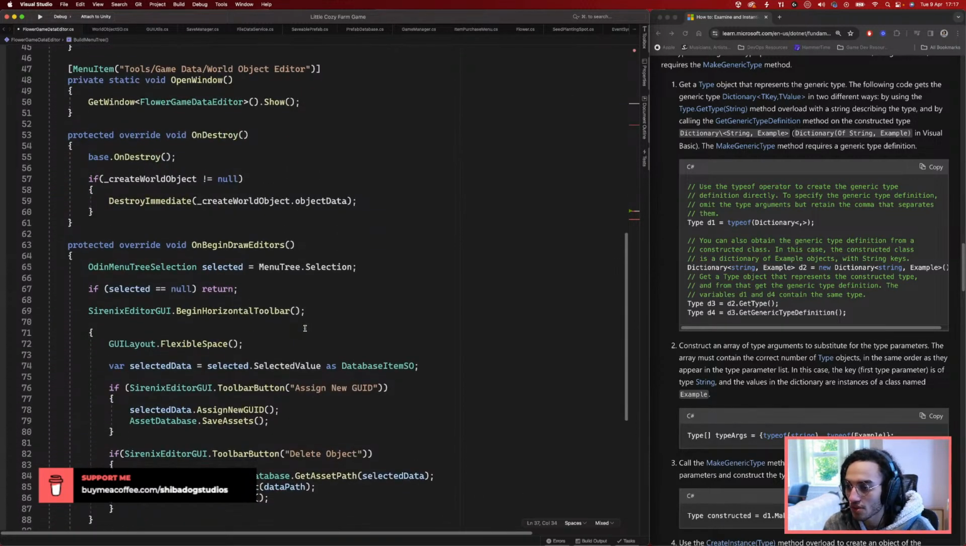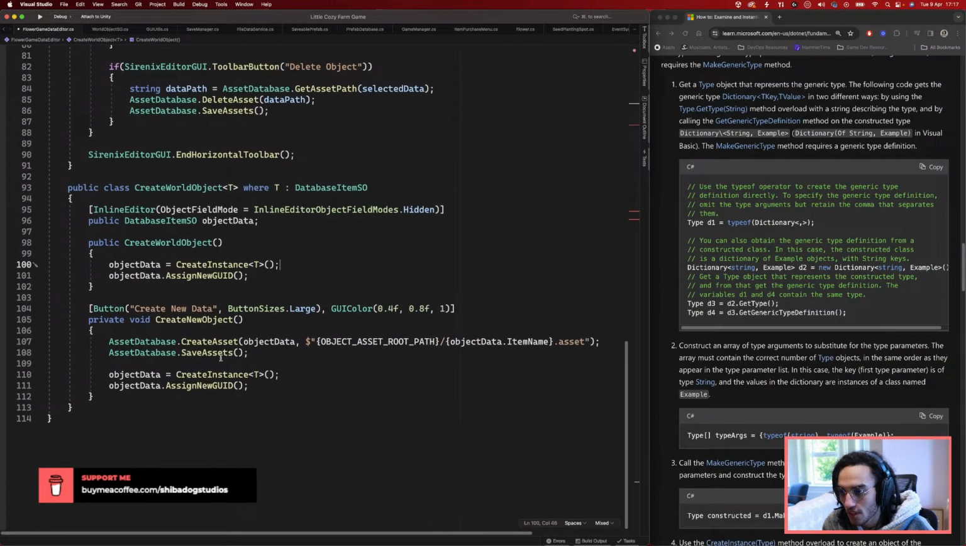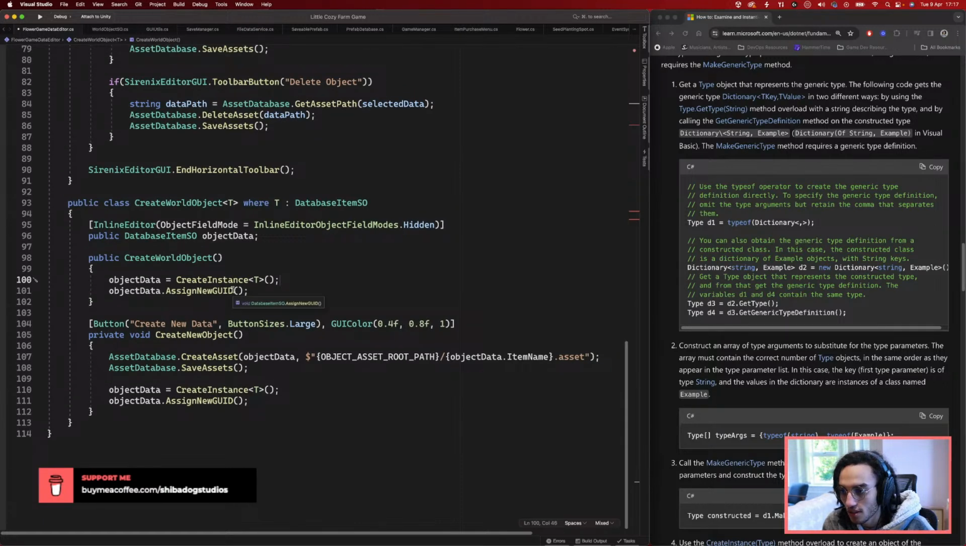Yes, I want to be able to have different types of, I want to be able to create an instance of a different type of scriptable object which inherits from database item. So I don't want to create the database item itself because that's abstract. I want to be able to, you know, decide if I want to create a flower object or if I want to create a world object or whatever it ends up being, which I don't think I can unless I have a